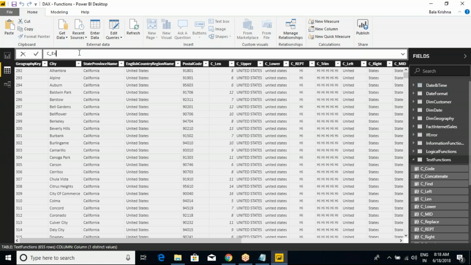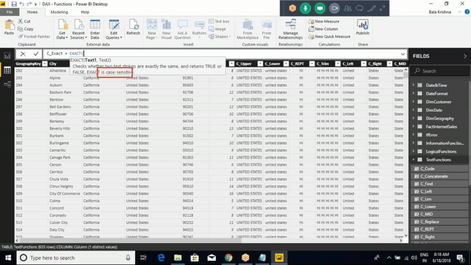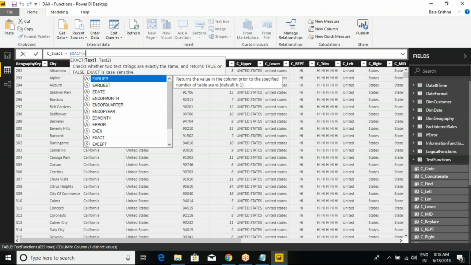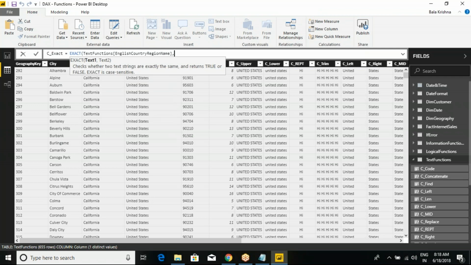So c underscore exact equal to is clearly indicating that it checks whether two text strings are exactly the same. If it is true, it returns true, or else false. It is clearly mentioned that it is case sensitive. Exact is case sensitive, but anyhow let me try. English country region name comma c underscore